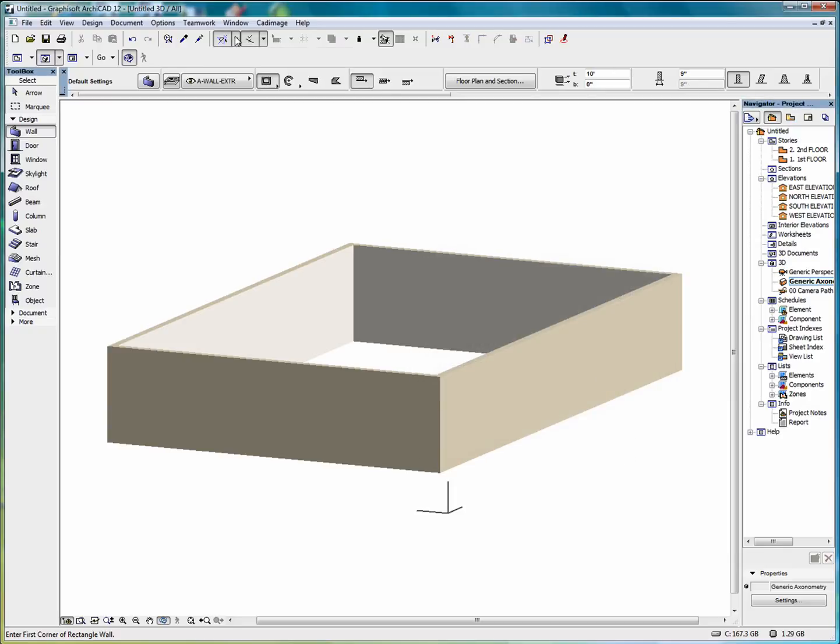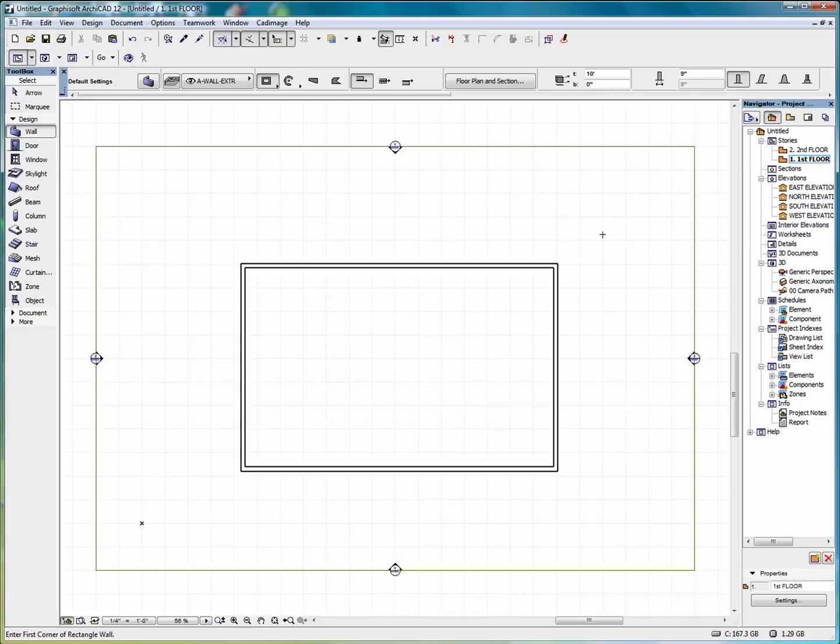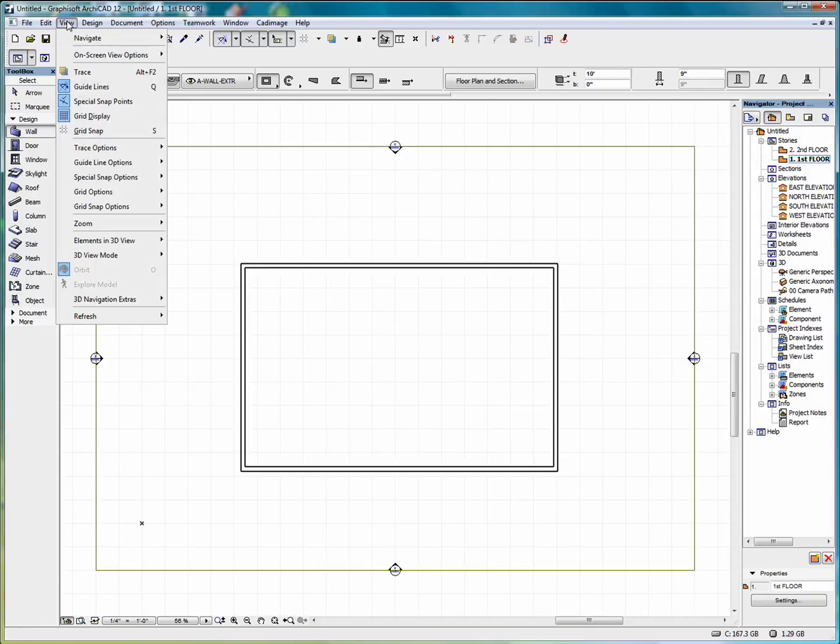Another thing that we're typically going to do when we're setting up our project, go back to the floor plan here. As you can see, with these light gray lines here, we have a grid set up in the background that some people like to work with. And we can adjust the grid and how that works. We can go into View, Grid Options,